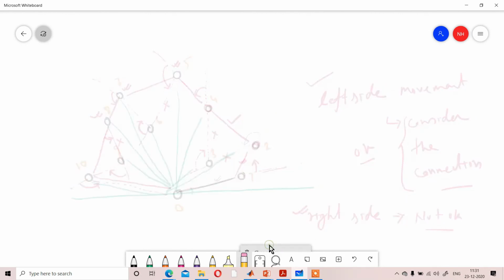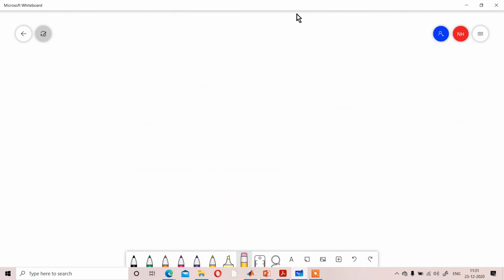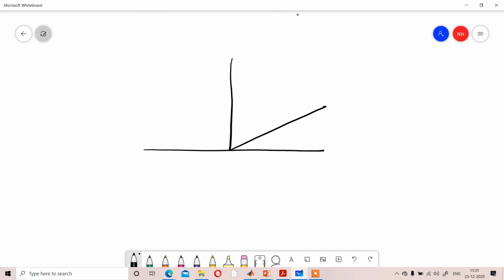Now suppose conditions may appear like that. Whenever you are considering the pixels, you may have more than one pixels for the same angle.